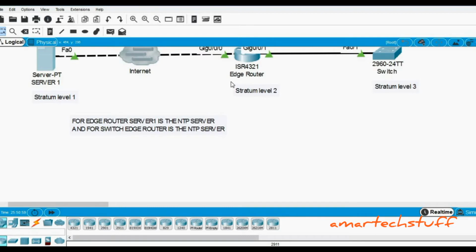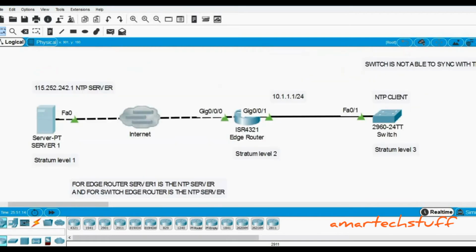It is connected to the internet. It can reach this public network and it can reach that particular server IP, 115. And for the switch, the edge router is the NTP server. This is very important. So for this router, this server is the NTP server, and for this device, that is the switch, the router is the NTP server.